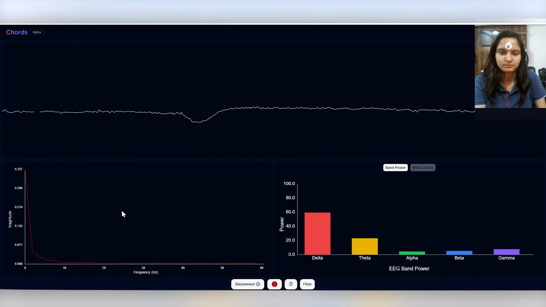Click that button to open the small view of Beta Candle. Look at the top right corner of the candle canvas view. You will find an icon to maximize Beta Candle into full page view.